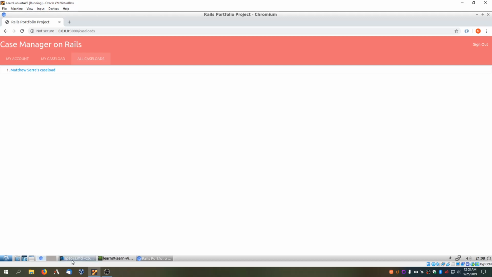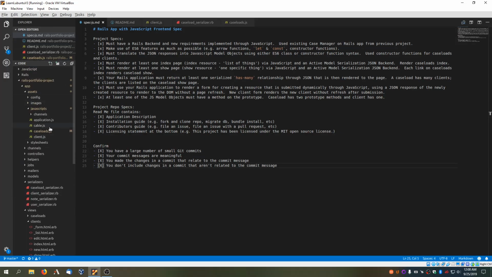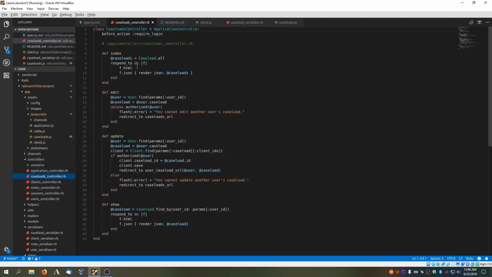So to do that, I had to, in the caseload controller file, change the way that the data is loaded depending on how it's accessed. So it responds to the normal GET requests like it did whenever I visited the actual URL with the HTML view. But whenever I clicked on the link to view all caseloads, it is using JSON in the JavaScript file to create objects and render them that way. So it renders the JSON,